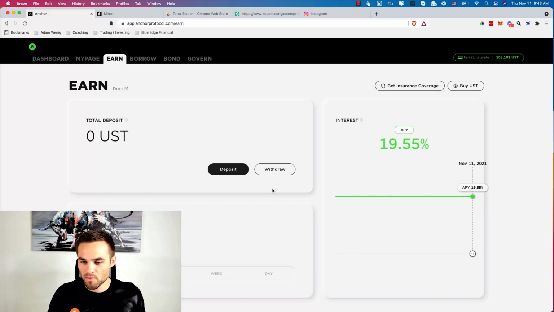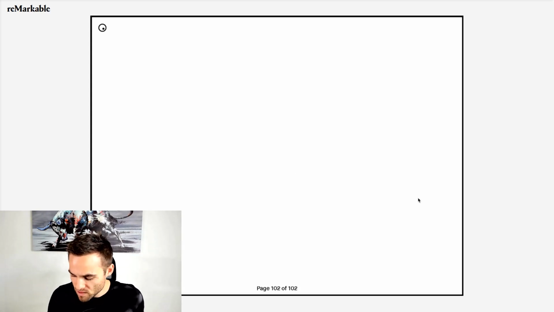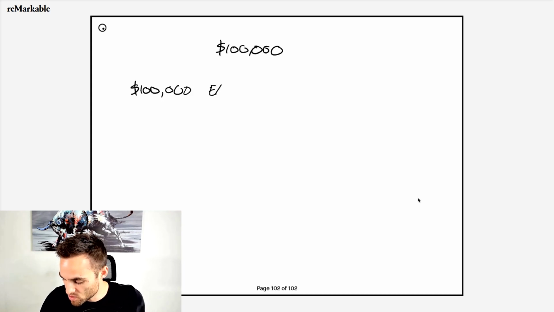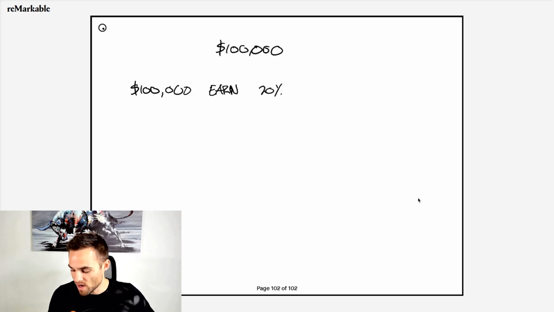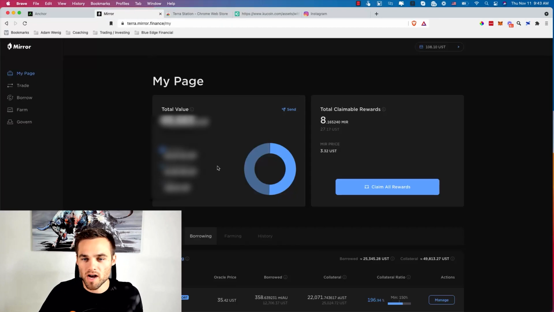Okay, so let me break this down for you here on the whiteboard, and then we'll jump back in. So let's just say, for example, that I'm going to deposit $100,000. So this $100,000 is now on Anchor Protocol's Earn, right? And it's earning 20% APY. So boom, I've got an extra 20 grand per year that I'm earning there. Now, what I'm going to show you is how to use Mirror Finance to accentuate these rewards. So you're going to come over here to